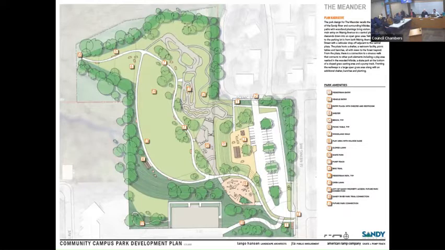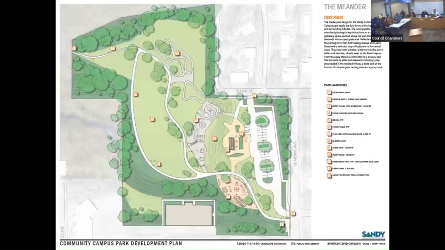So what we'd like to do is share with you the updated park plan. You'll notice, as part of your packet, and we'll go into a little bit of detail tonight, that we have a first phase, but also a second and subsequent future phase that we would envision for the park happening down the line. So this is very familiar in terms of how it matched the meander scheme.